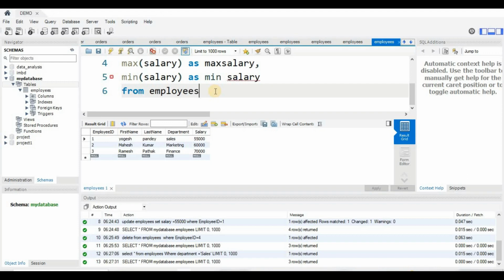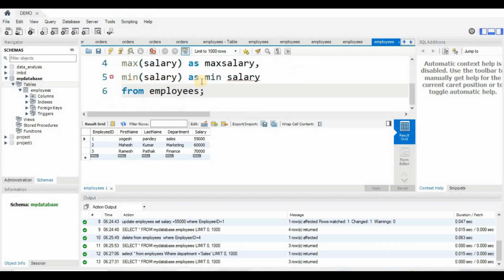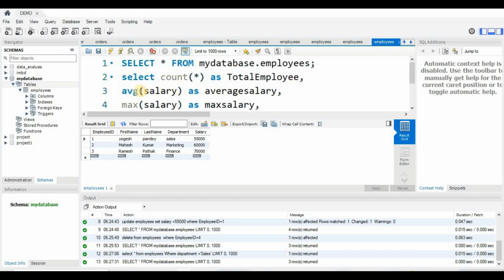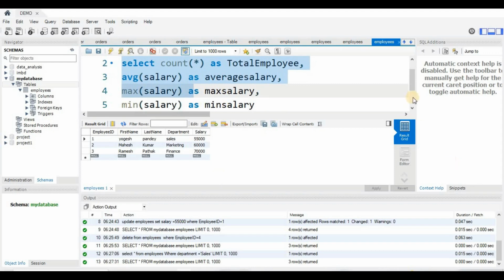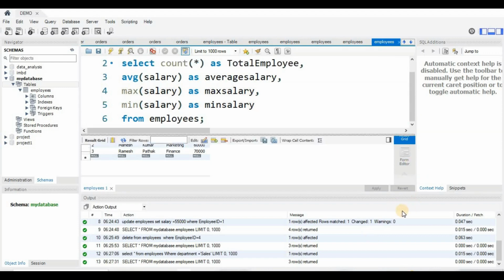So I will put this and close this. Now I will run this complete. So min salary is there, so there is some problem. Okay, we have to give some space there, so now it's okay. So I will just select this table, so what I will do, I will just put it down everything so it is more clear,